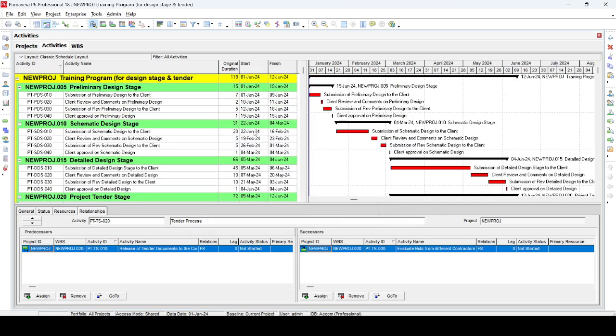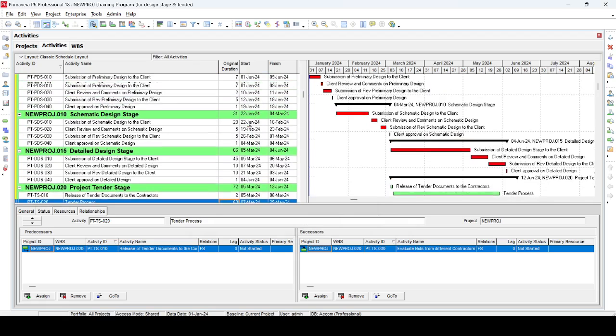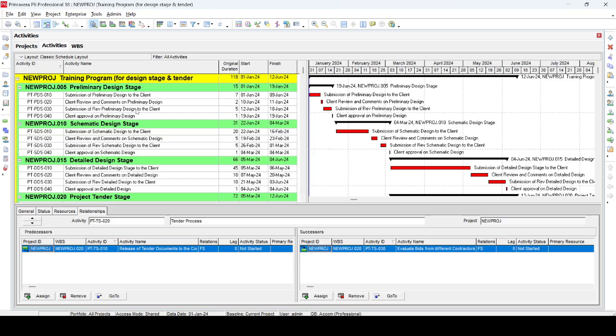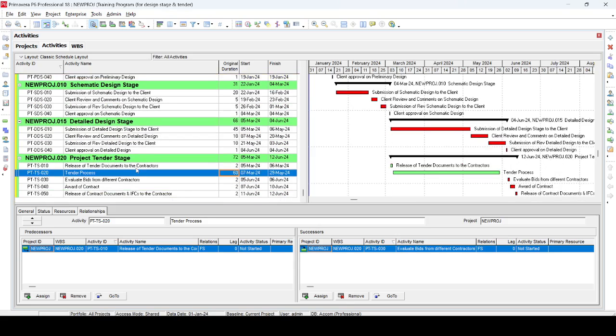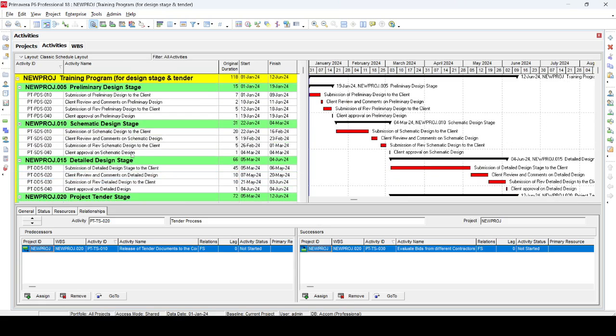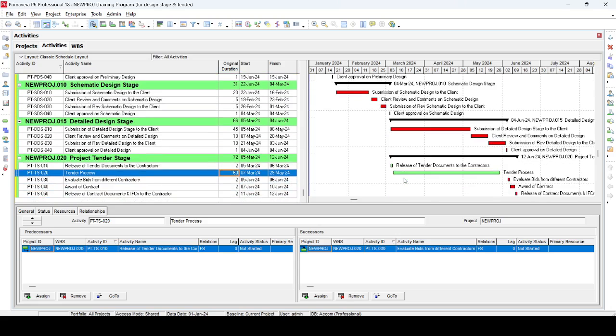Okay, now you can see here that we have some very high level tender program, design program which include different design stages and the tender stage. And you can see that in the same parameter we have preliminary stage, then schematic design, and the tender stage starts just after the approval of schematic design, as I just explained before. In this time the detailed design development and the tender stage run together, and as we are getting details during the detailed design, we keep on adding or releasing the tender addendum to the contractor to communicate that detailed design with them. And similarly, evaluation of the tender will be after the tender process, and once we have client approval on the